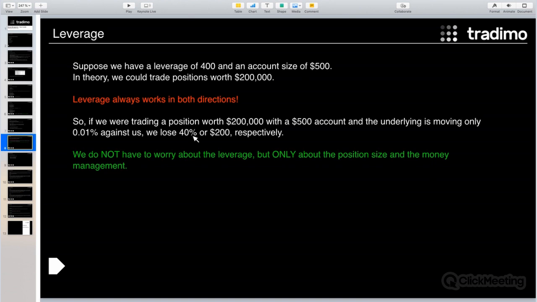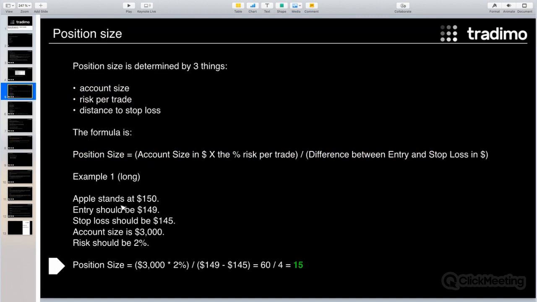How is it possible to trade that much with an account much lower than that? In theory, it is possible, but we shouldn't do that because of the high risk. If the trade is running against us, we are losing a lot of money very quickly, and therefore it is necessary to calculate the perfect position size. We have done this in these slides before. So for example here, you need to calculate your perfect position size, and then the leverage doesn't matter.